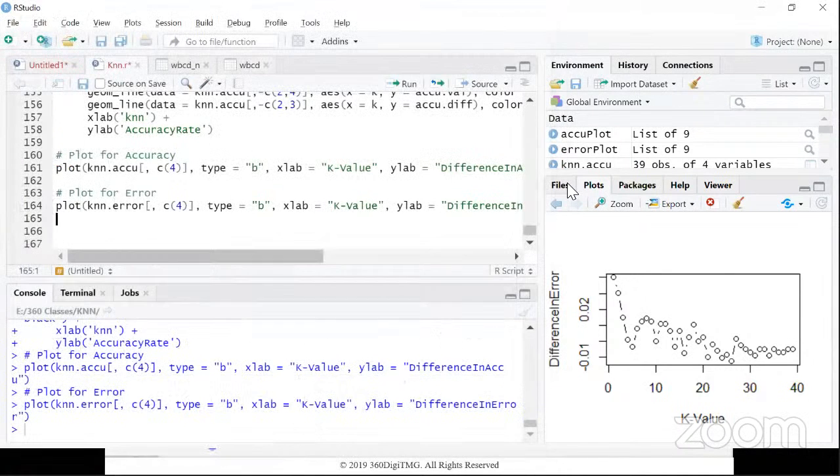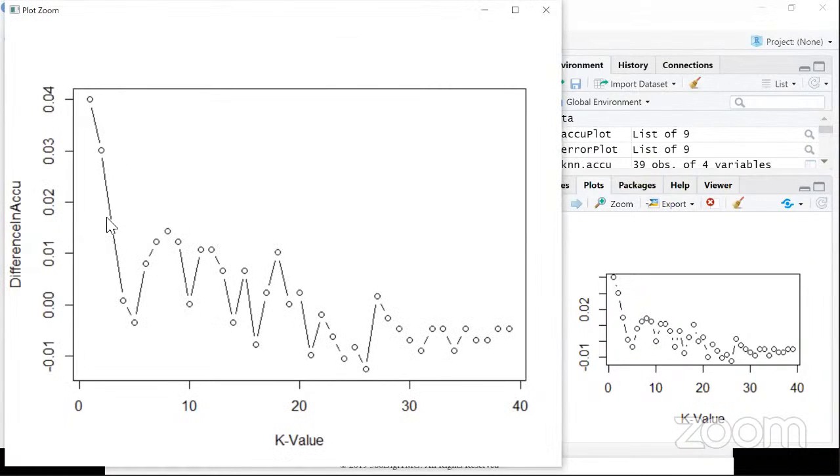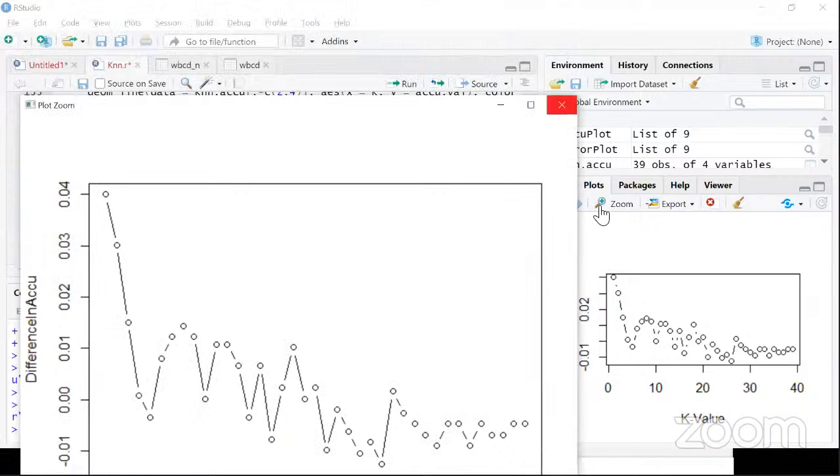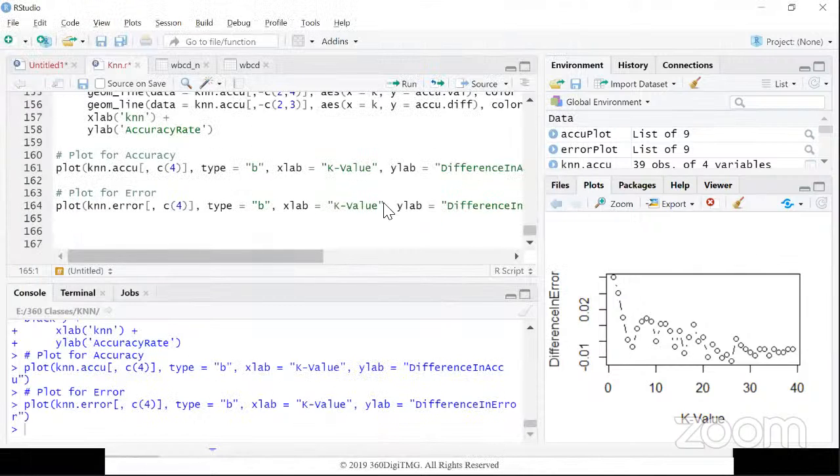All right, let me first do it for the accuracy. It is giving the same value, so some issues are there. Let me use the error plot itself. Some mistake, maybe I'll look into it later. So let us look at the